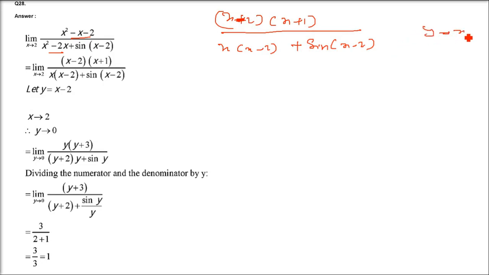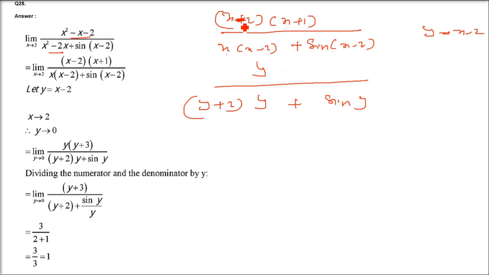So now take this y as x minus 2. When we take y as x minus 2, just replace this by y. So x minus 2, put y, here also y, here also sine y. Okay, this x, now in place of x, what can you write? y plus 2 here. Then you have x plus 1, so y as x minus 2 plus 1, x, this is minus, so y plus 1. So this is going to be y plus 3. Okay, I am placing x as y plus 2.